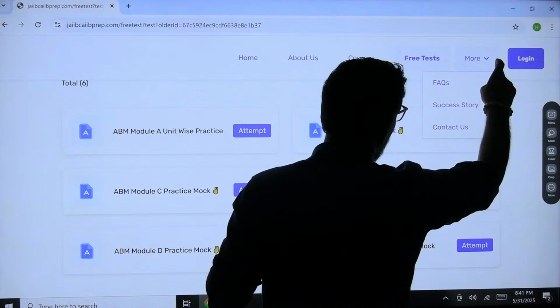All right, guys. So wish you all the very best for your examination. Try your best, and I'll see you for the exam analysis as well as for the BFM subject. From tomorrow onwards itself, we'll be doing BFM classes, and that will help us, and we'll try our best for that.